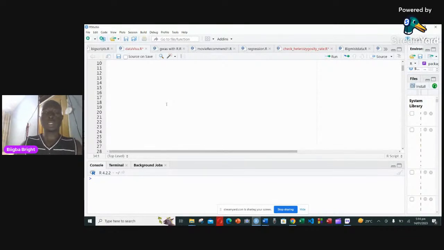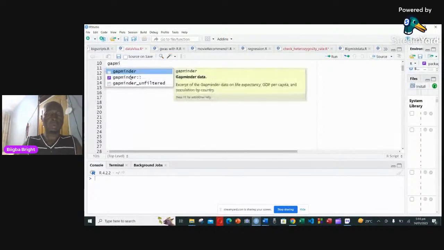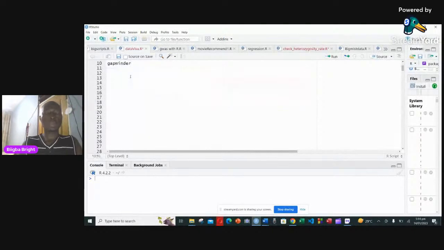So I'm going to be using a particular data set called Gapminder. What is it? It's actually a package that comes with that particular data set. It's called Gapminder. So I have something like, okay, it's already there. So if I have a data set like this, or if I have a package that comes with this